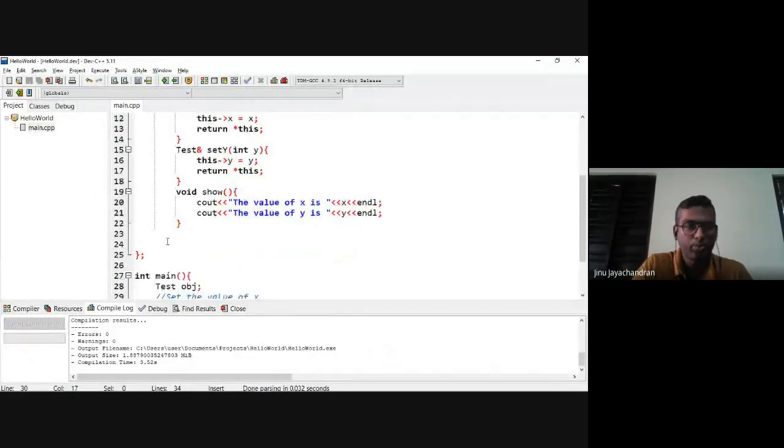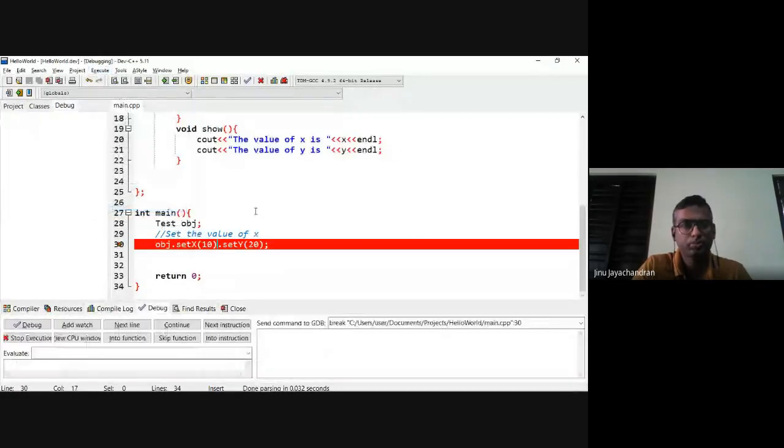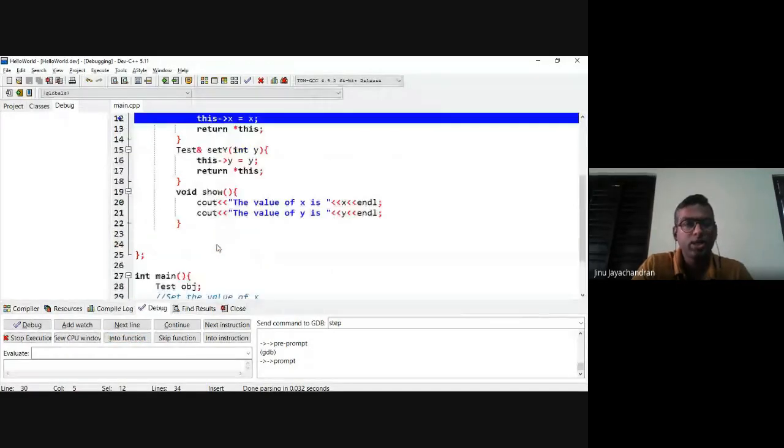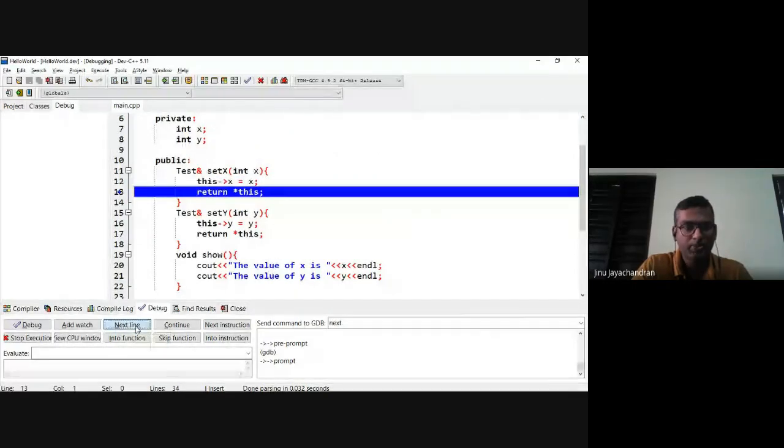Okay, so let me put a breakpoint here. Let me put in debug mode. Okay, so if you go into the function, first the setX function is called. That is, this function is called because obj.setX is there. SetX will set the value of x. It will return back.